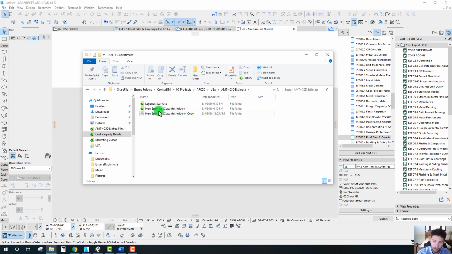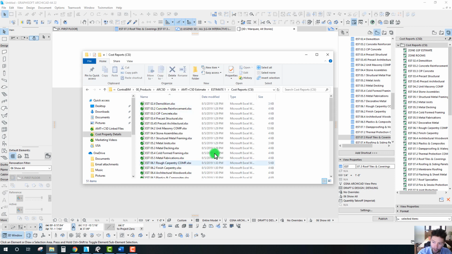And we'll just let this update real quick. And if we go into this folder, we'll see that we have a new estimate XLSM. That's a macro enabled Excel file, and we'll just call this estimate 1. And we can go back here, and I'm just going to rename this as well to estimate 1. Okay, so now that we've created a new estimate folder with the template itself, as well as all the blank